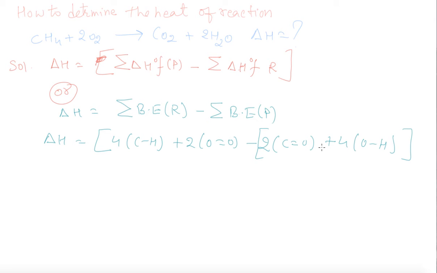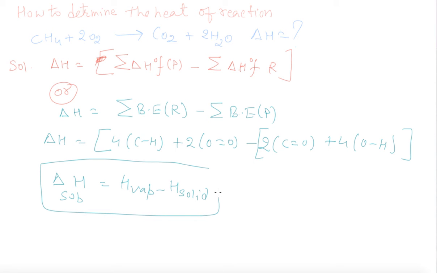This is how to determine the heat of the reaction. And there are so many types of enthalpy: enthalpy of fusion, enthalpy of evaporation, enthalpy of sublimation. Suppose we would like to find out the enthalpy of sublimation, delta H of sublimation. In sublimation we are going from solid to gas. Our answer will be heat of vaporization minus heat of solid. Final minus initial we have to go. These are one or two formulas in the enthalpy of reaction which I forgot to discuss with you, and these are